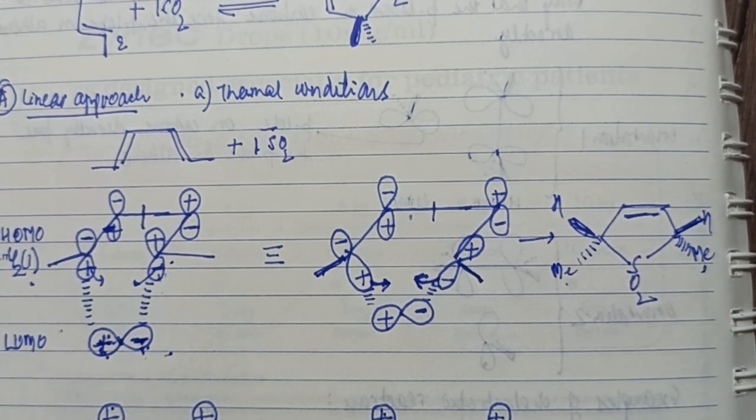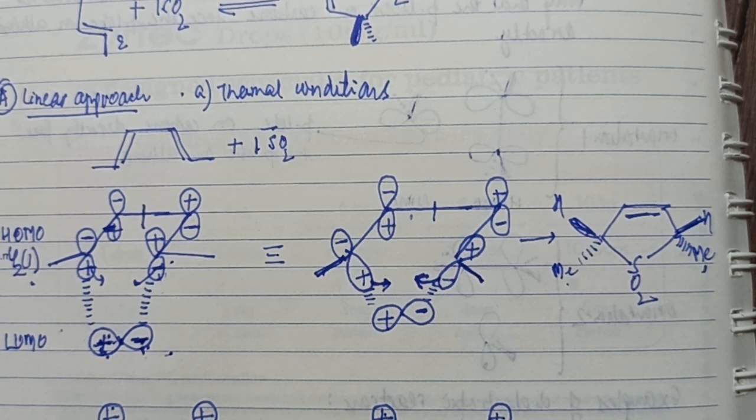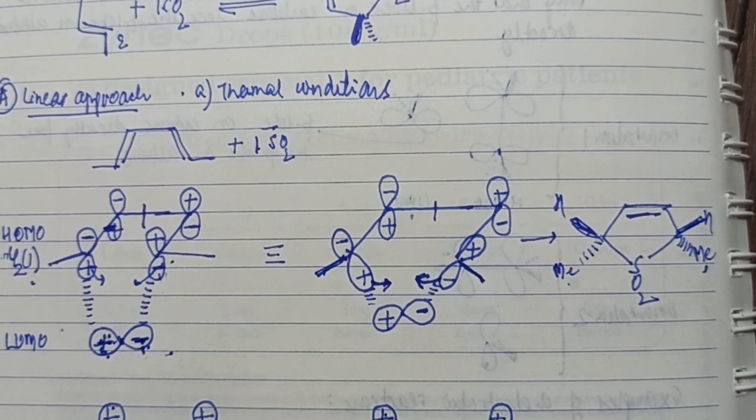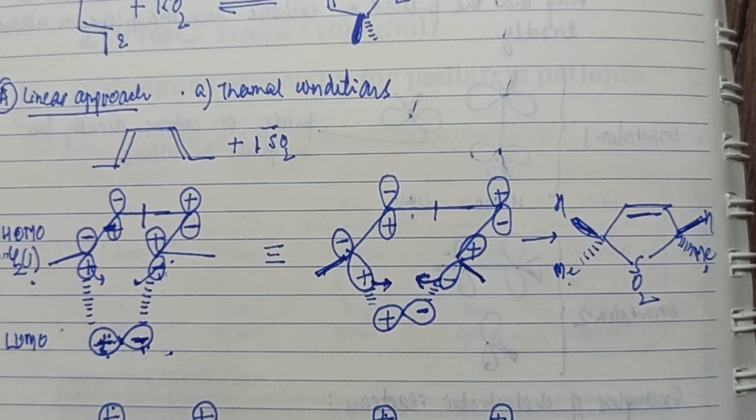Therefore, we are adding one more very important facet to the cheletropic reactions: even though the process is a cycloaddition reaction, we are closing the rings in such a way that the terminal lobes of the diene will close in either a conrotatory fashion or a disrotatory fashion, depending upon the bonding interactions in a linear or non-linear approach.